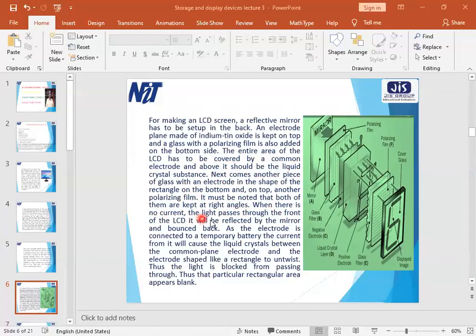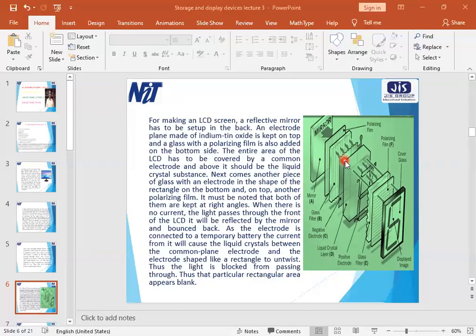When there is no current, the light passes through the front of the LCD. It is reflected by the mirror and bounced back. When the electrode is connected to the battery, the current from it will cause the liquid crystal